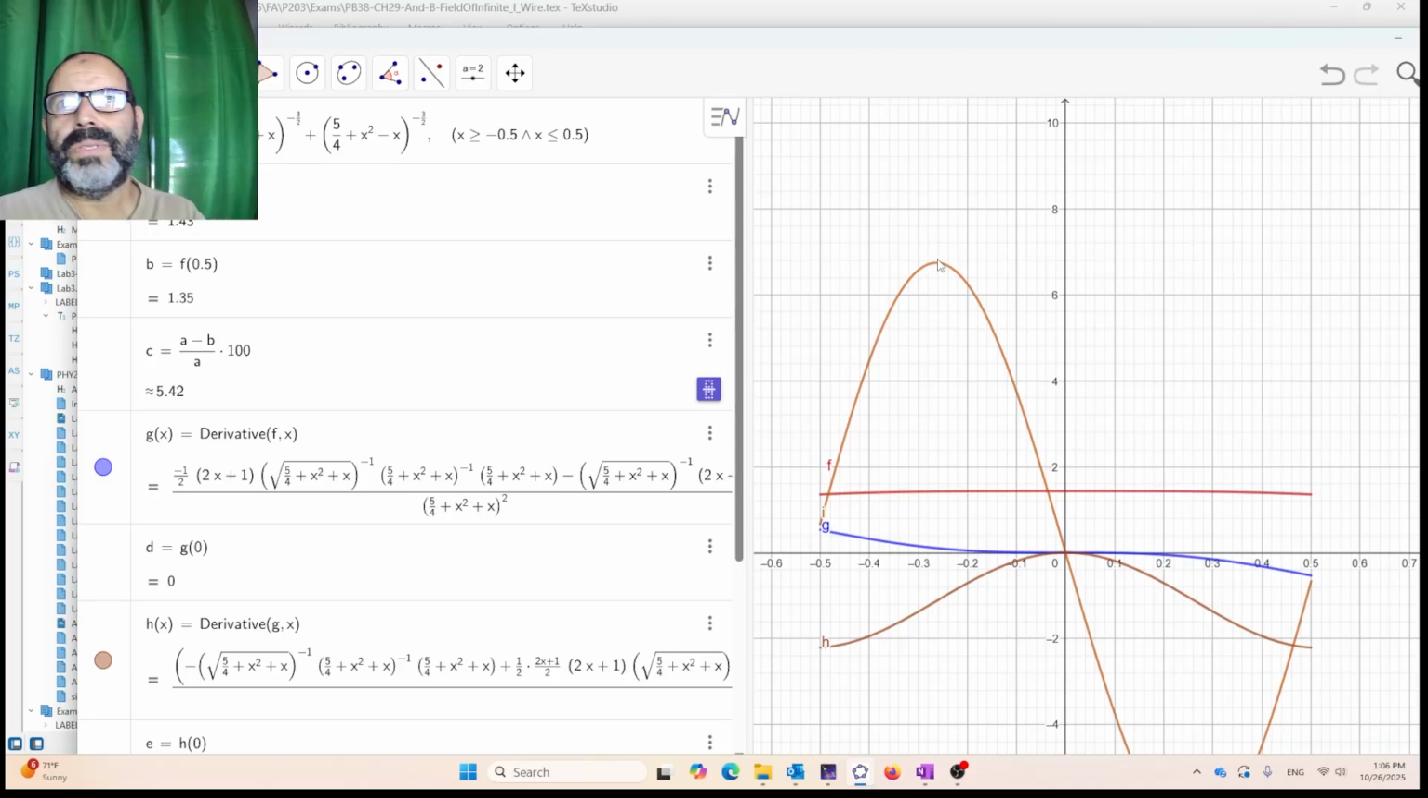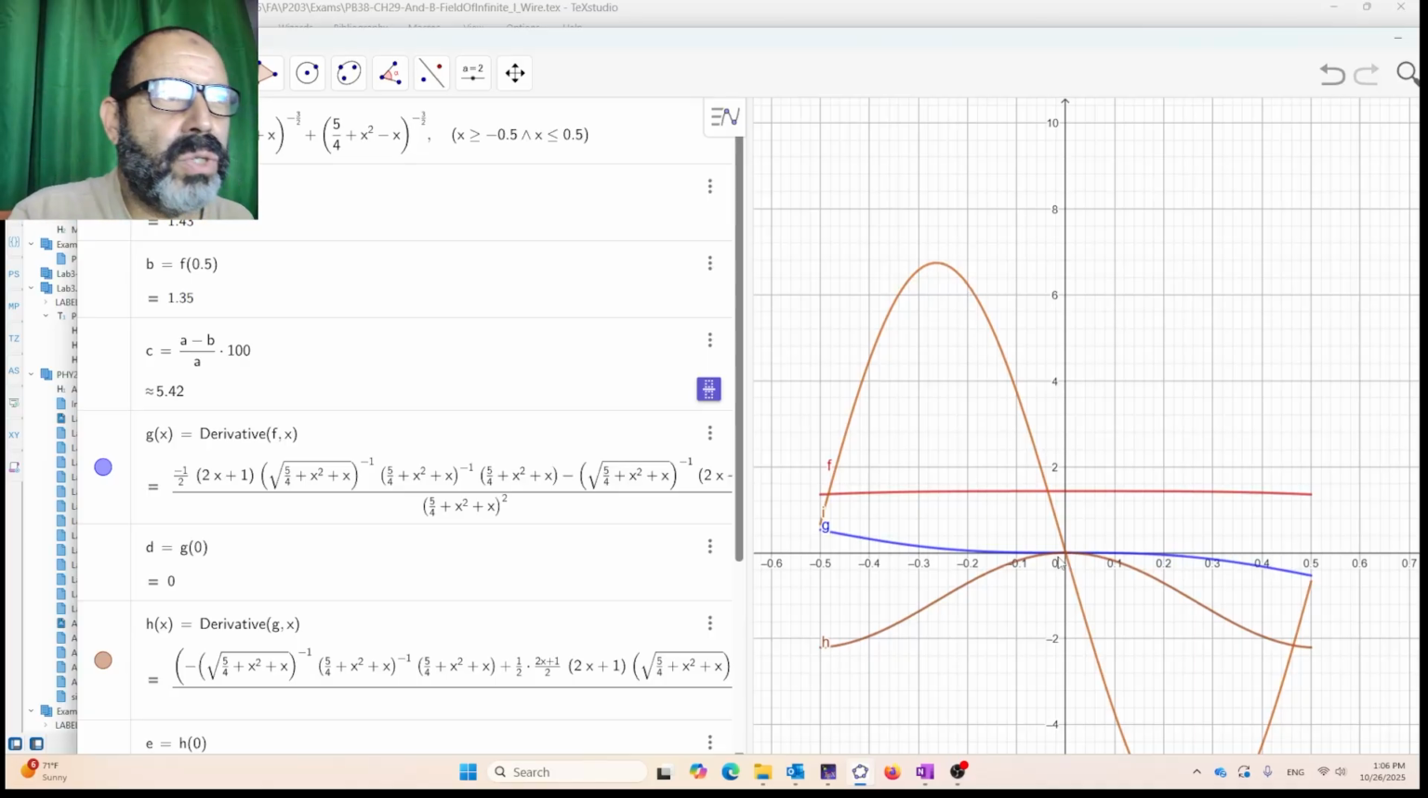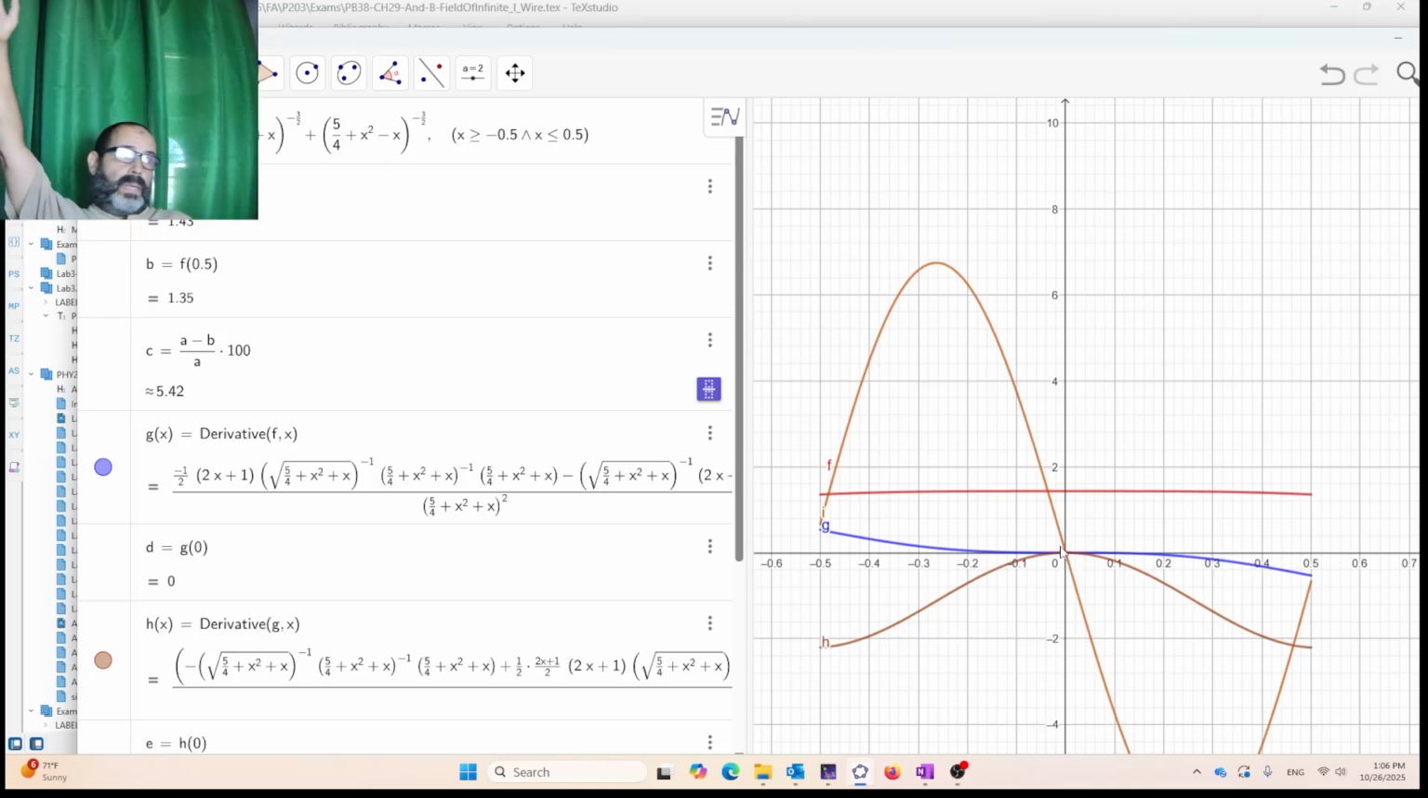But who cares about the maximum? All I care about is the values of the first derivative, the second derivative, and the third derivative at x equals 0. And they're all 0, okay? As demonstrated in there, and graphically also they are all passing by the origin. So it's a very important tool